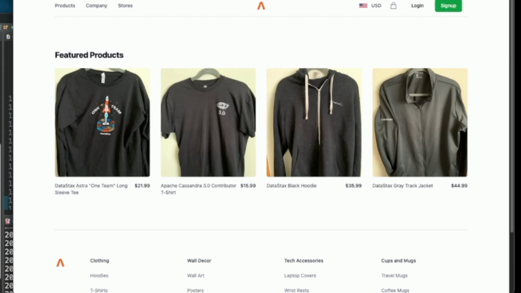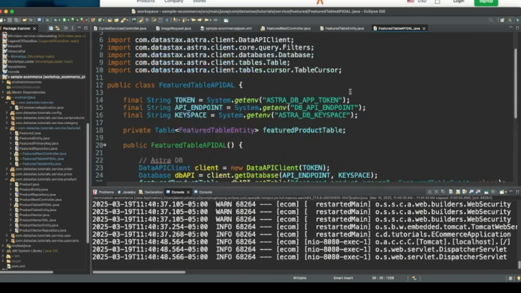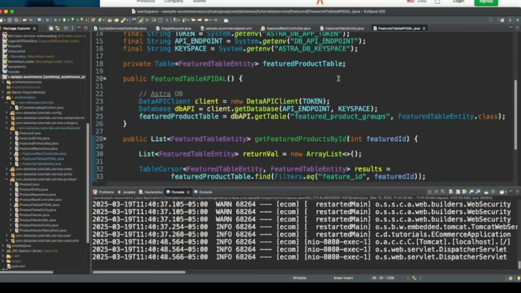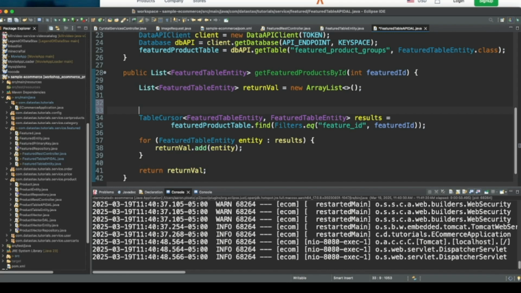The Table API is going to give us some quick tools to allow us to do that. So let's go ahead and stop this for a second, and I can go into my featured table API data access layer. And down in this method here, I'm going to create some space here, and let's say sort, and that's going to be a new sort.